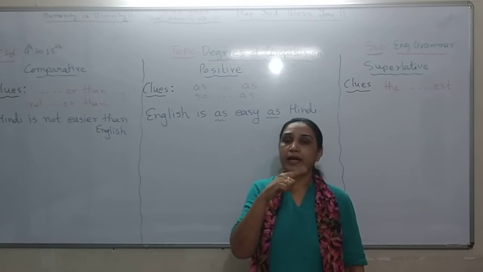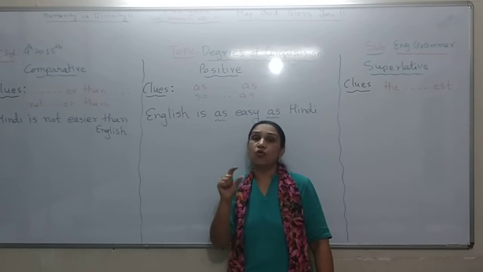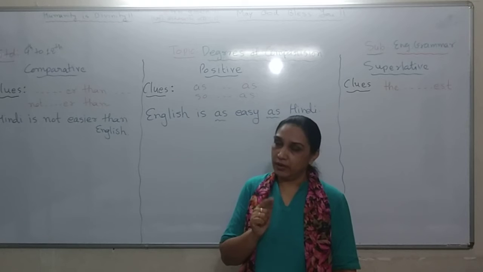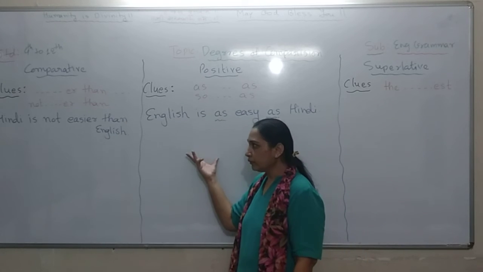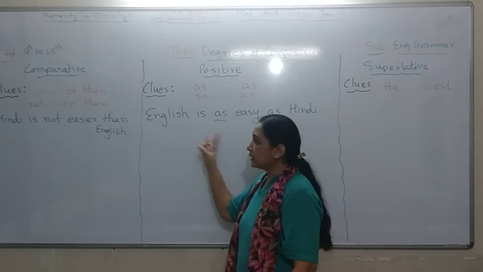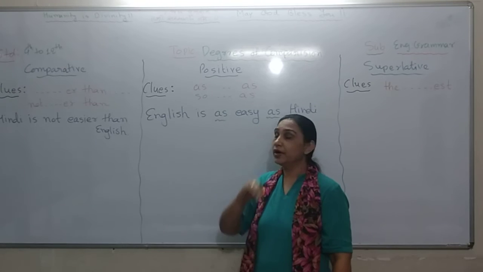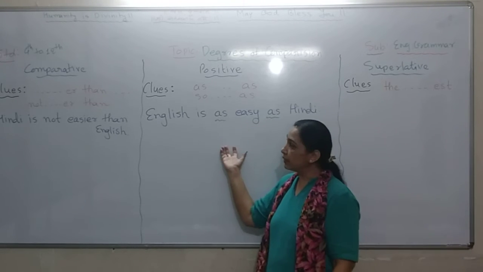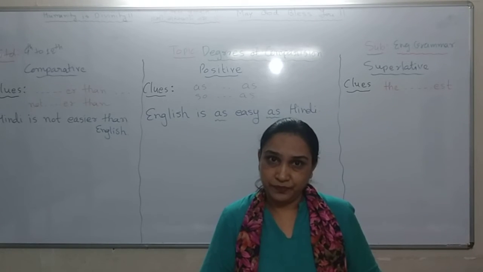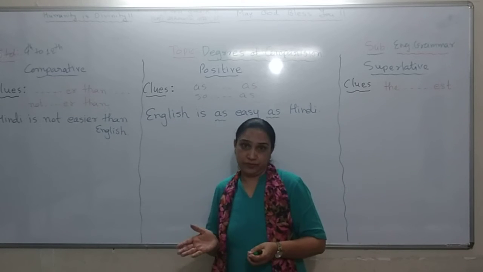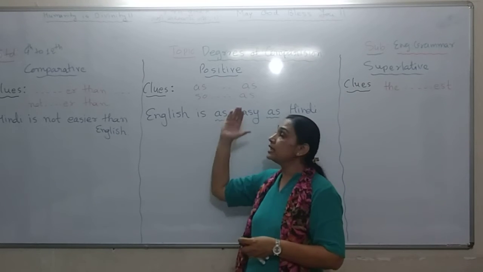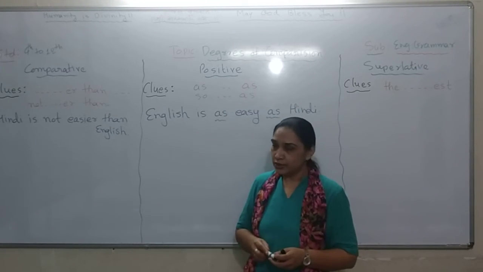If there is y at the end of any word and I want to add some other letters, obviously my y will be replaced by i. So, three changes: change of the place of subject, making the sentence negative if it is affirmative; third, removing as and as from the sentence and adding er than after my adjective. Now let's go for the opposite one. If already my sentence is having a negative sense and is in positive degree, what will I do?